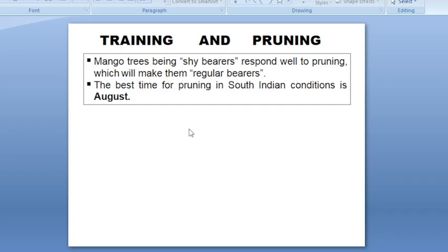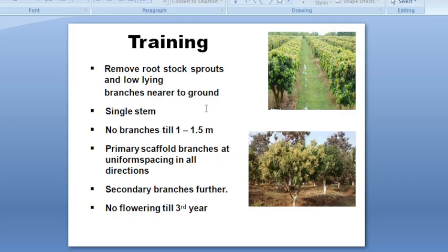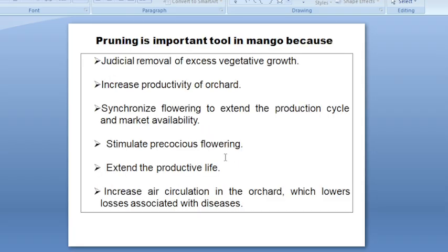Training and pruning is very, very important, mainly for the cultivars I have mentioned as alternate bearers. This operation is done from the month of August, mainly in South Indian conditions. We remove low lying branches and unwanted crisscross branches, whatever branches are present up to 1 to 1.5 meter height. Up to the third year there should not be any flowering, to maintain the proper tree shape and the